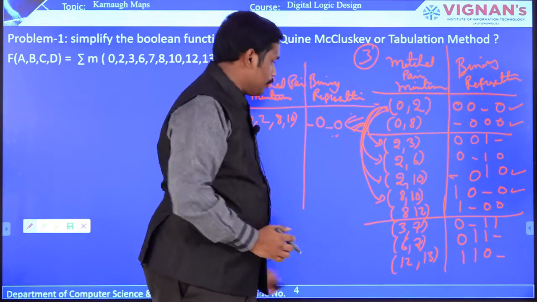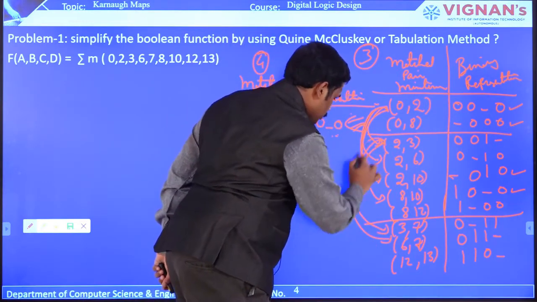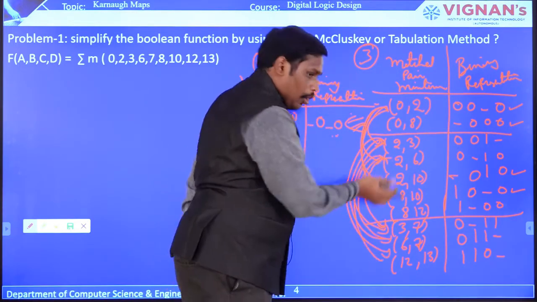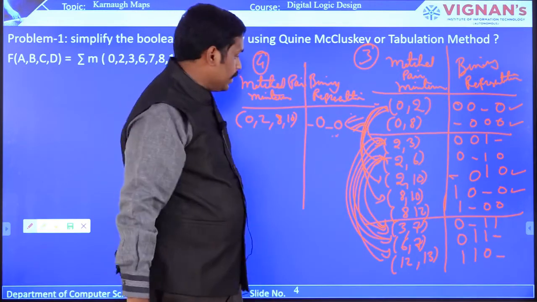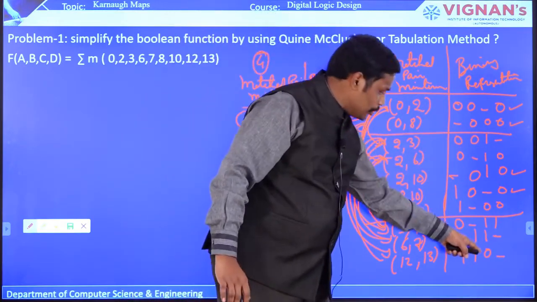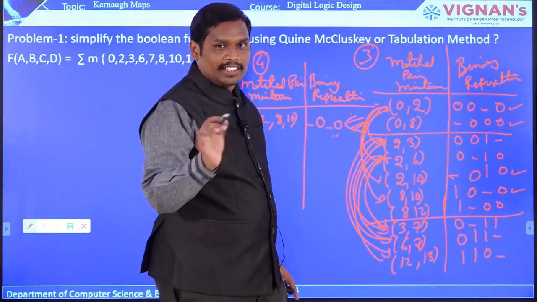Now we'll go with the next group. That is this particular thing with this, and then this. So all alternate pairs you have to match. Now you can see here, in the fourth position there is an underscore. So if the fourth position has an underscore, you can consider that, because only those can have a chance of pairing.